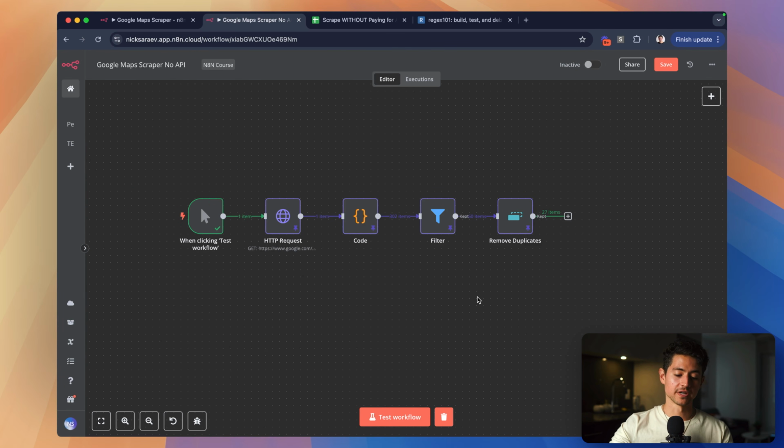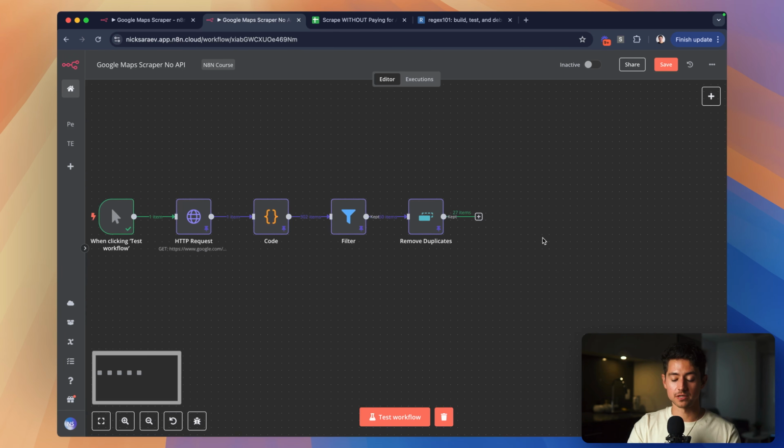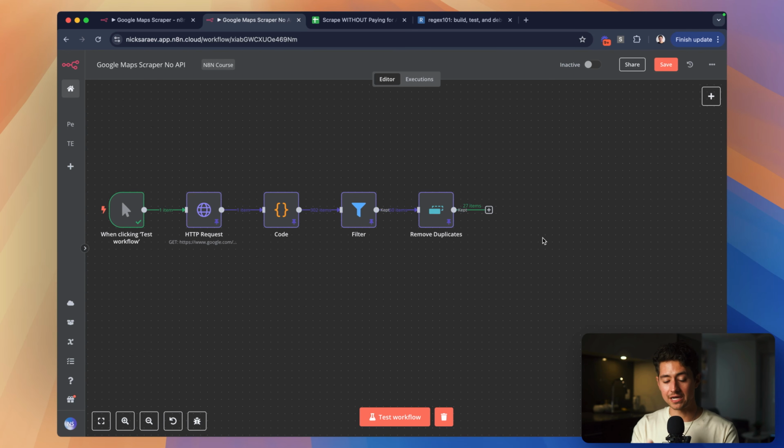So now that I've removed the duplicates, if you think about it, what have we done up until now? What we've done is we've scraped a bunch of data over here. We then extracted it with code. Extracted URLs with code. We're then filtering these URLs. Now we're removing all the duplicates in those URLs. Well, the next thing we have to do is obviously we have to start scraping the individual pages to look